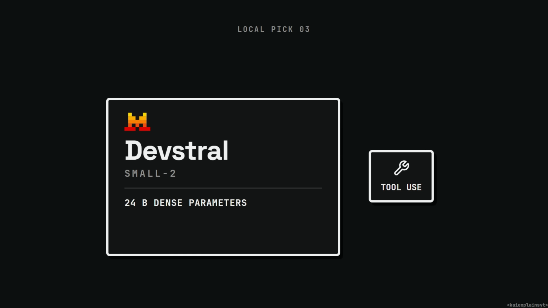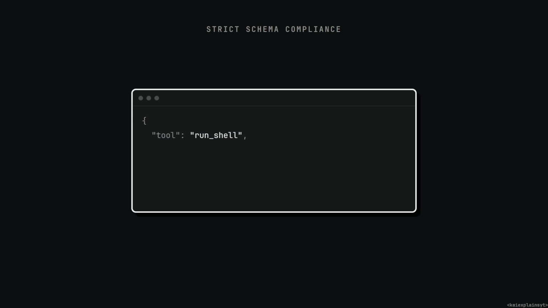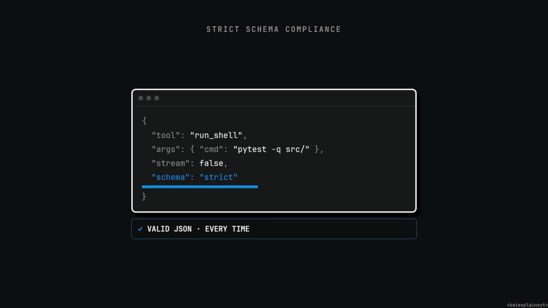Third, Devstral Small 2. Mistral built this one specifically for multi-file, tool-using work. 24 billion dense parameters, 256K context window, fits a 24 GB card at Q4 precision. The specific reason to reach for Devstral Small 2 over Qwen is tool reliability, specifically structured JSON output and function calling. If you're wiring a local model into a Python script that needs to execute shell commands, or building an agentic framework that expects strict JSON schema compliance, Devstral is more reliable here than most alternatives at this size. It's the pick for when you need rock-solid tool use rather than